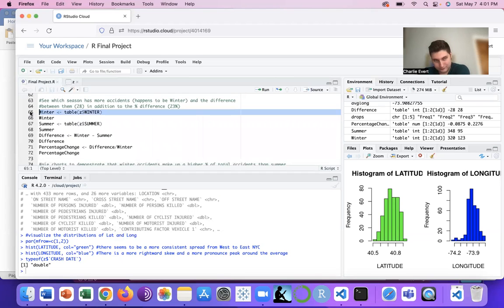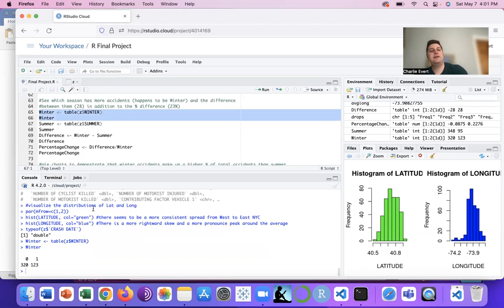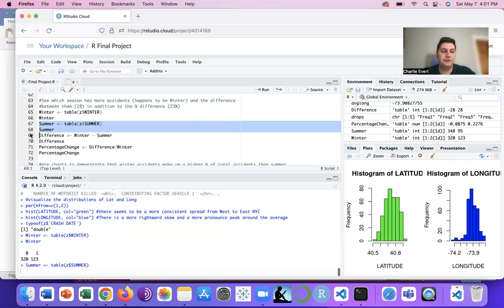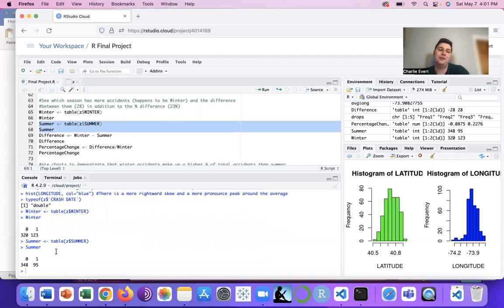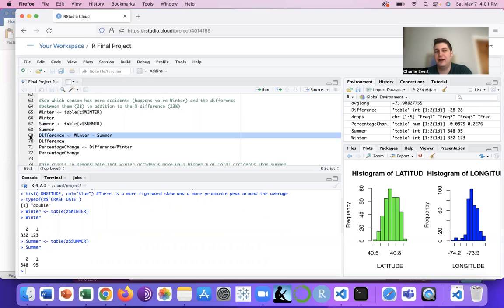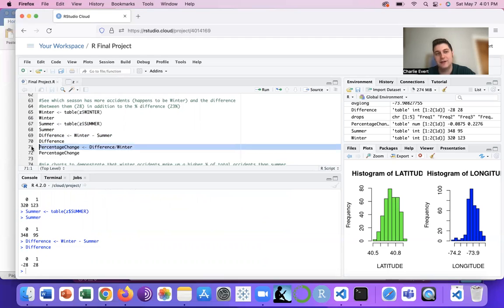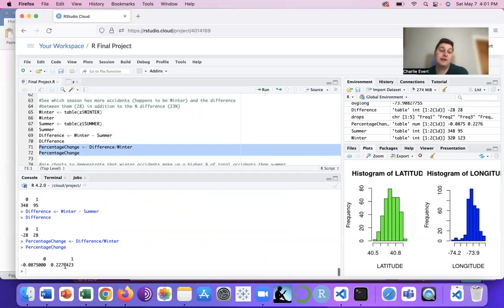Then we go down here. We're looking at the winter table itself. Now, why did I do this? I wanted to count the instances of each, kind of like a little transformation, right? So there were 320 counts of non-winter, and there were 123 counts of winter in the data set. Considering there's 4 seasons, that's pretty significant. We're looking at summer. It's also pretty significant, but it's a little bit less. So I wanted to see what that difference actually entailed. It's actually 28. And then if you look at the percentage difference between the two, winter has 22%, 23% more